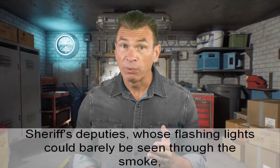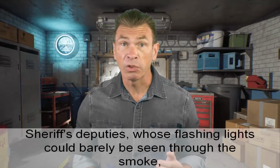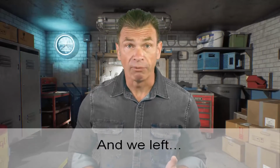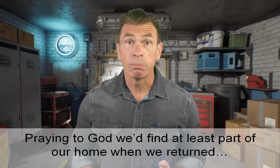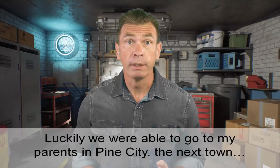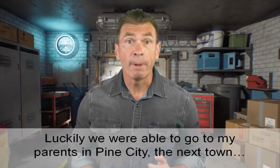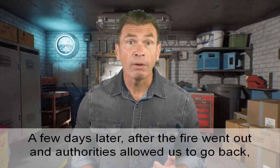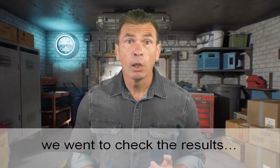Sheriff's deputies, whose flashing lights could barely be seen through the smoke, blasted orders to evacuate through a speaker, and we left, praying to God we find at least part of our home when we returned. Luckily, we were able to go to my parents in Pine City, the next town. A few days later, after the fire went out and authorities allowed us to go back, we went to check